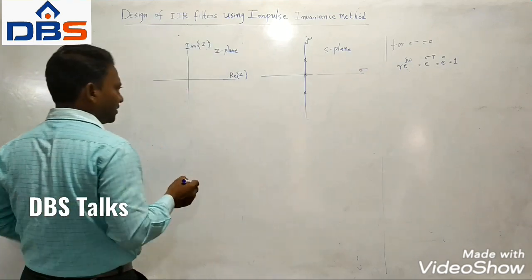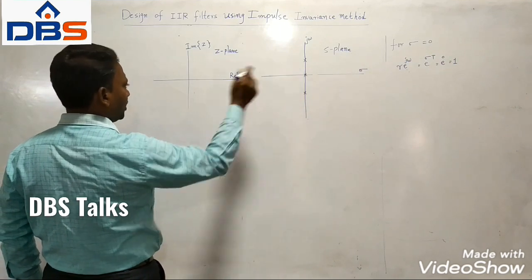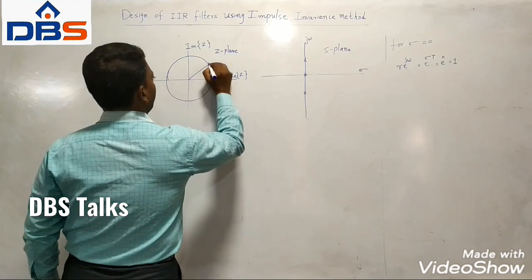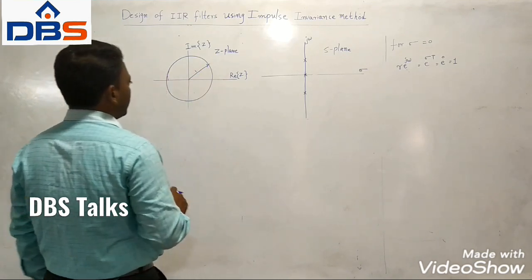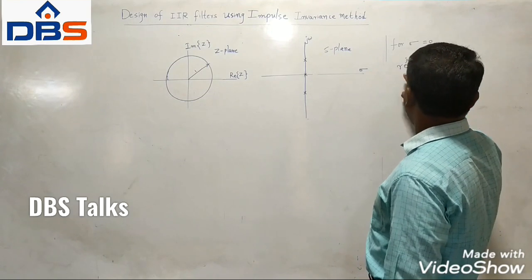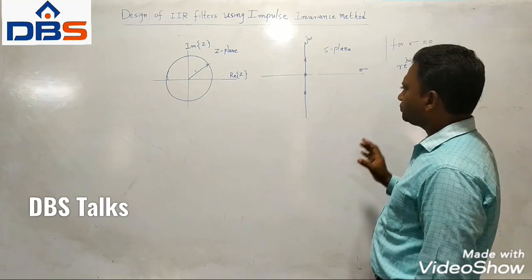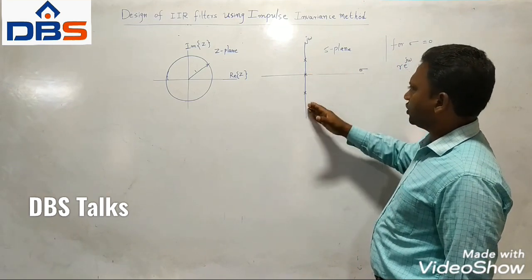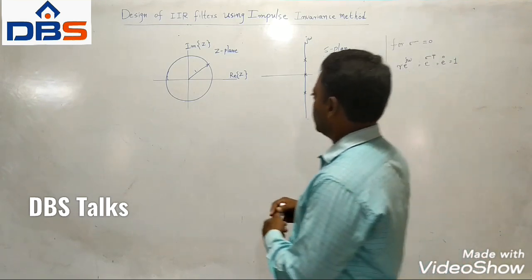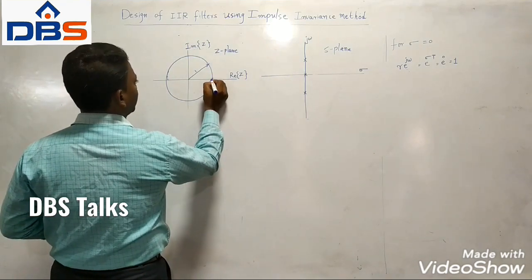This is the s plane. Now what happens is, if you have a unit circle, a circle of radius r equal to 1, then you have a unit circle of radius 1. Now what we got for the condition sigma equal to 0 is r into e power j omega, that is e power sigma t, e power 0 is equal to 1. Now the poles which are present on the j omega axis in the s plane are mapped onto a circle of radius 1. So therefore this pole is mapped here.